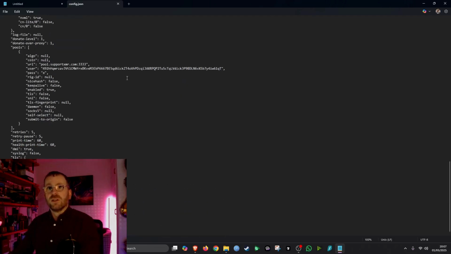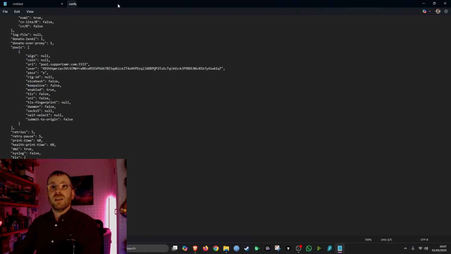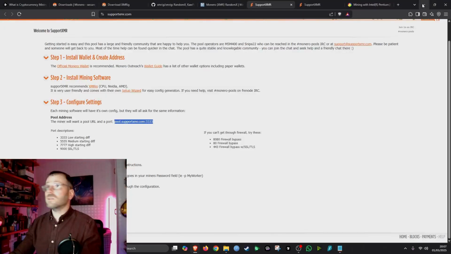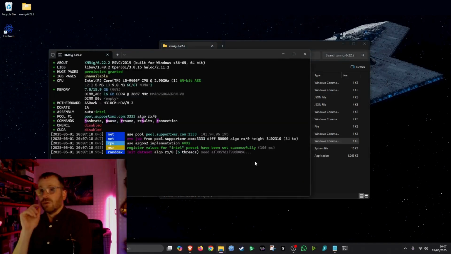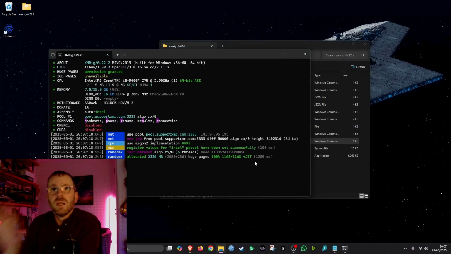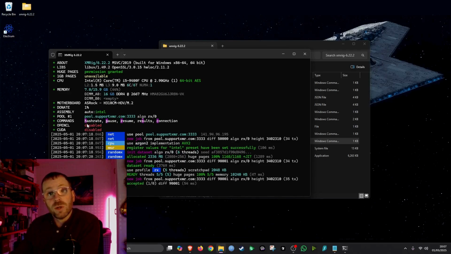So once you have that done, you should save your configuration file, and to start mining, simply go and run the start command. Now it's going to tell you some stats about your system, which you can pull through as well. If they're not, you will need to alter them. It's going to show your pool address, so pool.supportxmr, perfect. It's going to show you a few shortcut commands, H, P, R, S and C, and then down here it's